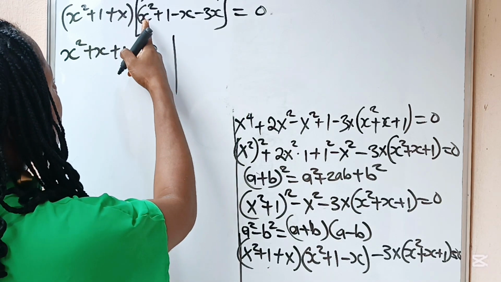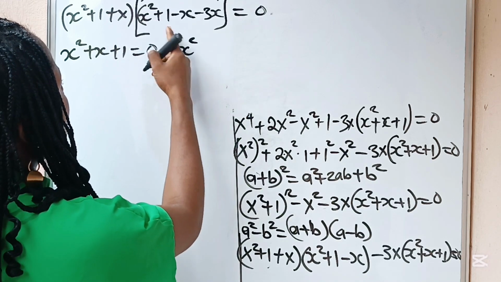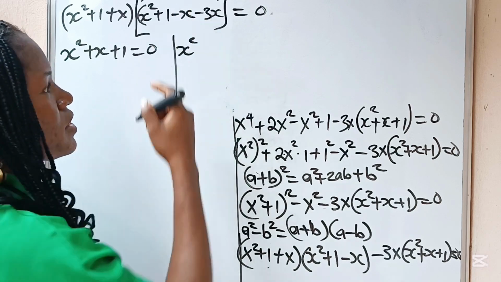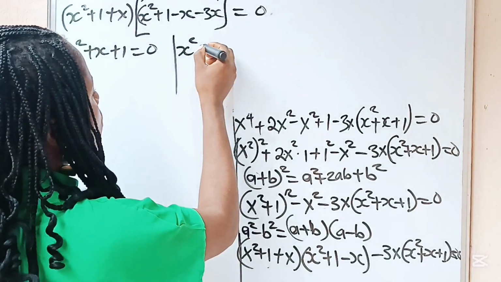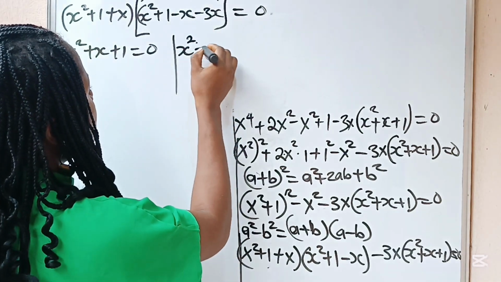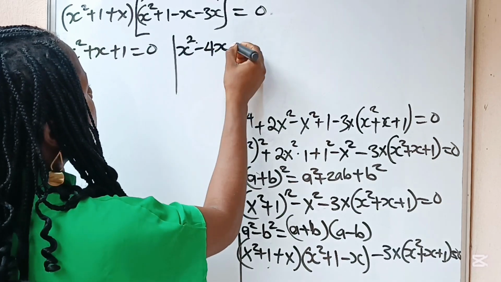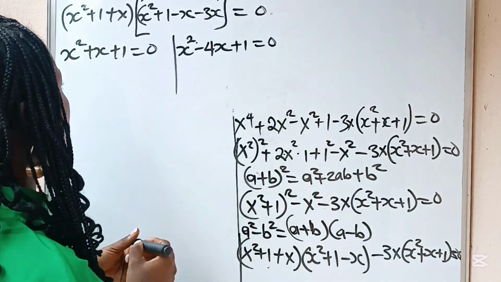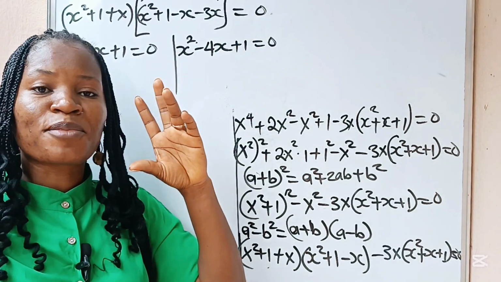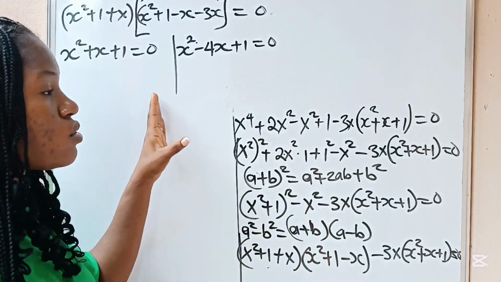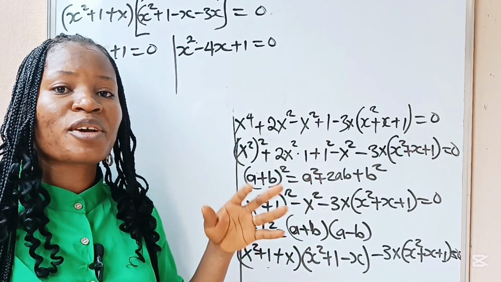And we also have x squared plus 1. Now minus x minus 3x will give us minus 4x, so we have minus 4x plus 1 is equal to 0. Now we have two quadratic equations to solve, and we are going to do that using the quadratic formula,